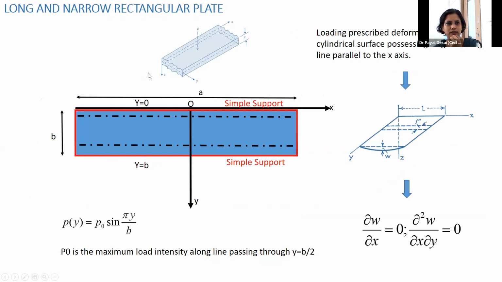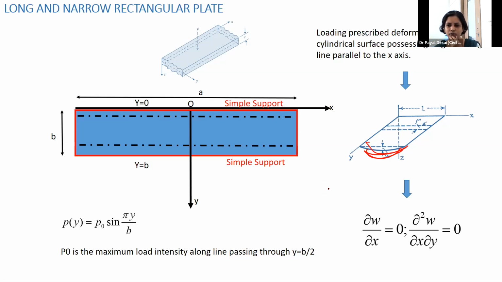So you can take the long rectangular plate and simplify it like a one-way slab. All of you have analyzed and designed a one-way slab, where the bending happens in a cylindrical shape. Then you end up analyzing only the bending in this direction, the primary bending. In the longer direction, there won't be much effect.